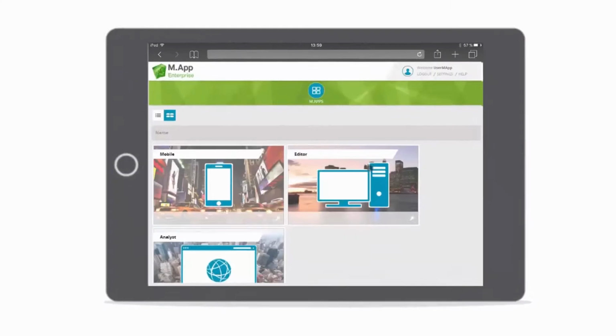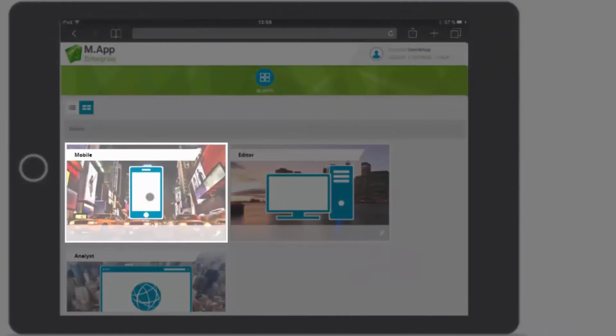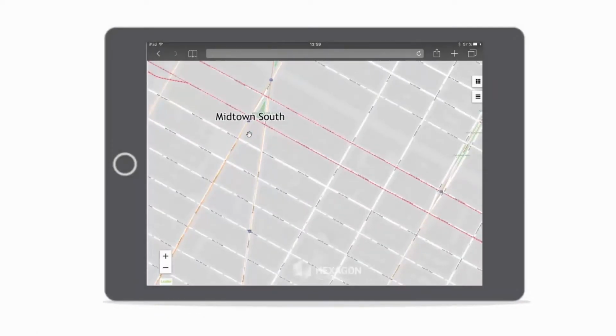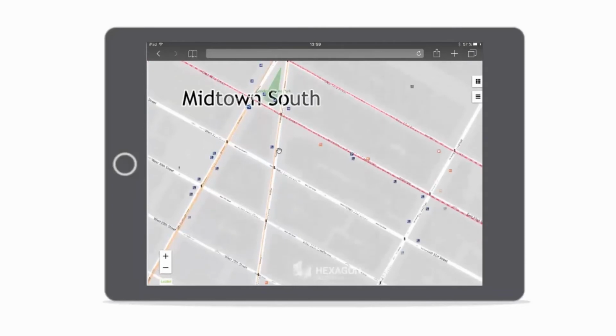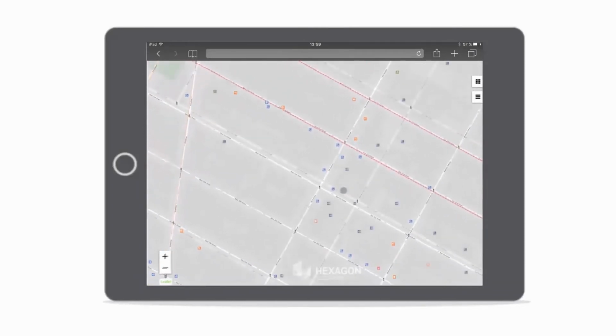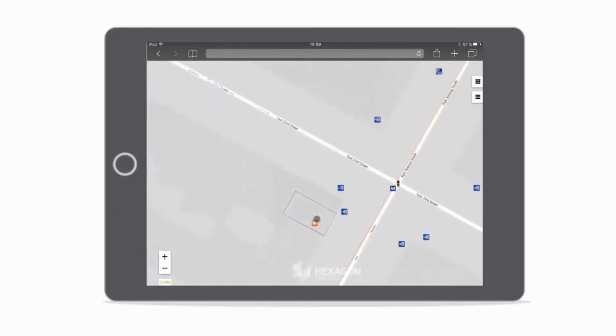So Hexagon technology like Map Enterprise lets you go out into the field and connect it live up with the digital world. You can go out and take your measurements and figure out where it is, and if you get there and you see a problem, then you can update that digital world in real time. So a smart city is all about operating from a single plan so that everything works together.